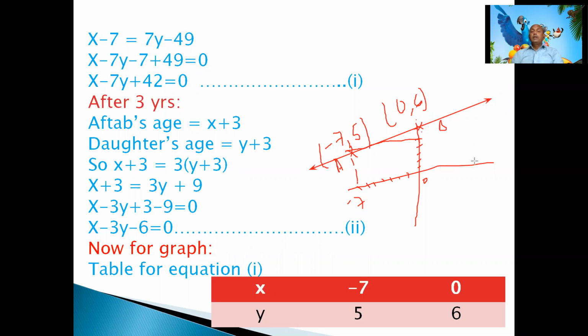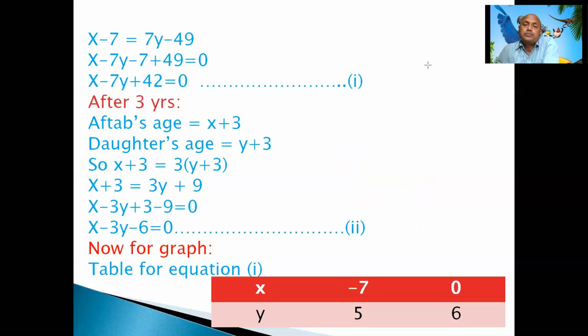So you are bound here to choose such values that x and y are both close to each other. It should not happen that x becomes 35 and y becomes minus 1. So it is quite difficult to plot. Such values you avoid taking; keep solving until you get suitable values.